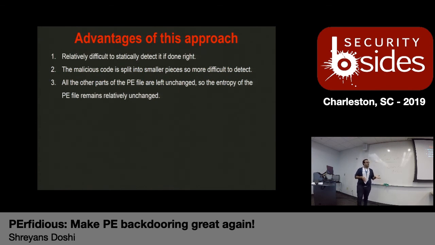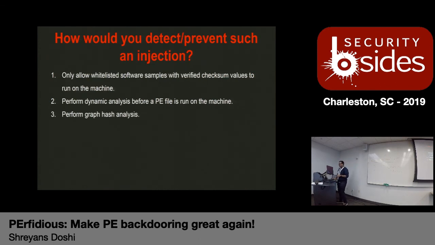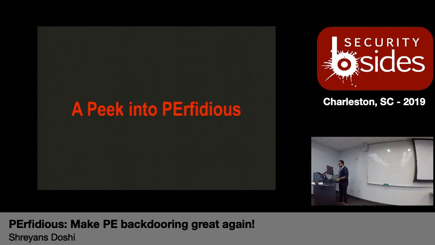This is something that I came across while I was in Singapore at Hack in the Box. The researchers there basically suggested developing a hash for the control flow of the program. That way, if the control flow of the program changes, the corresponding hash changes as well. So you can use that hash to detect how different a particular program is from another program. Those are some of the techniques that you can use to detect such kind of an injection.